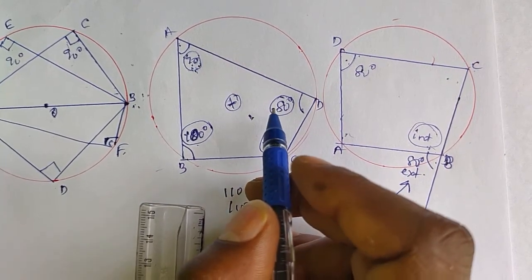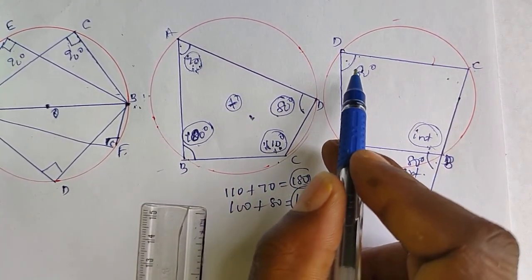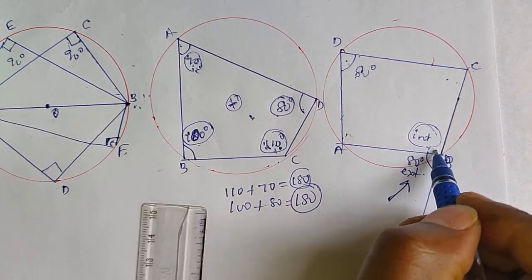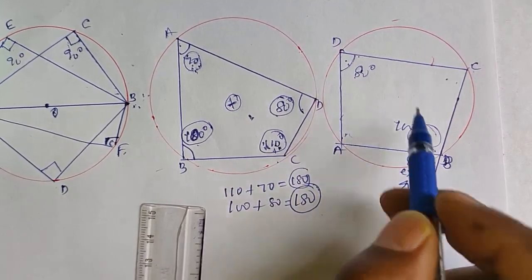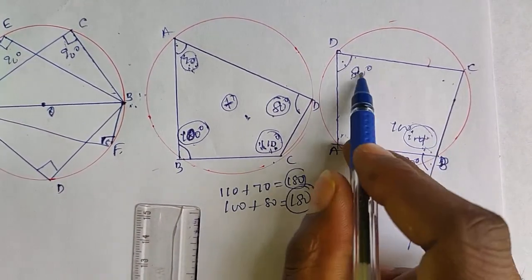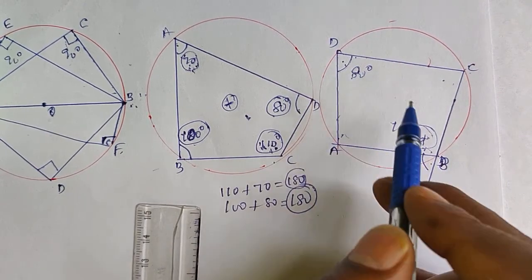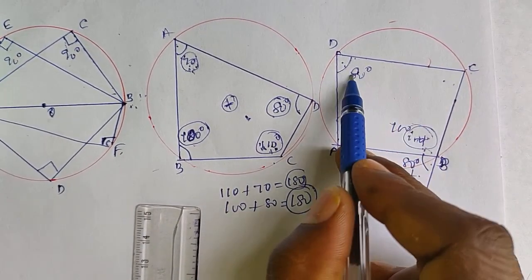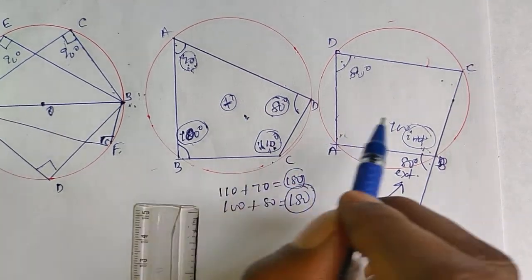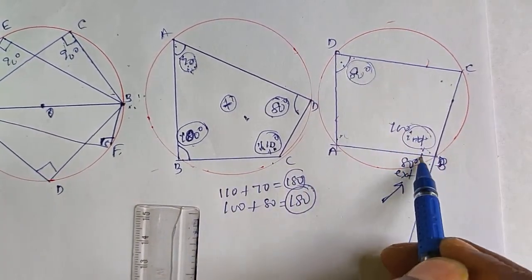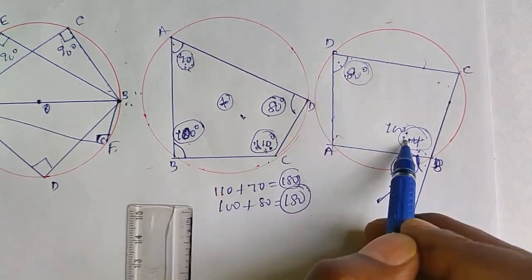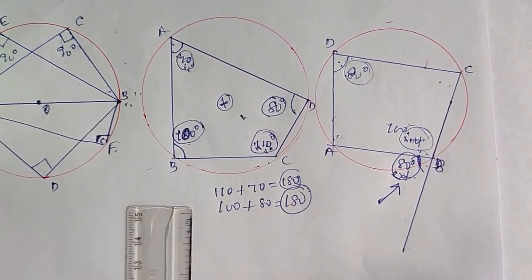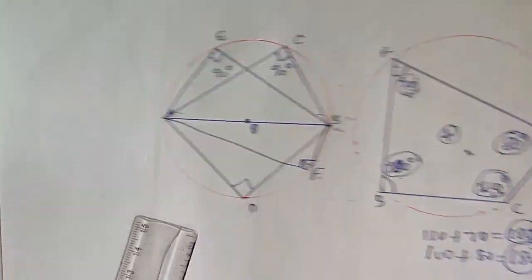Remember, this cyclic quadrilateral concept explains that if D is 80 degrees, opposite B is 100 degrees. That we explained here, no? If this is 80 degrees, this is 100 degrees, because the sum of these two is 180 degrees. Remember, the sum of interior plus interior is equal to 180 degrees, but interior and exterior are equal. So in a cyclic quadrilateral, the interior angle is equal to the exterior angle, but interior and interior angles are not equal. Those two sum to 180 degrees. So I hope you got all these 5 theorems in brief today.